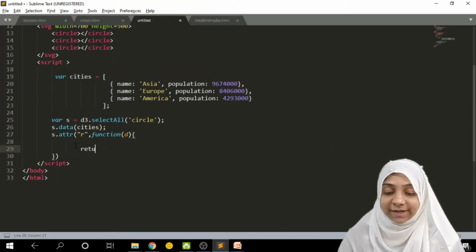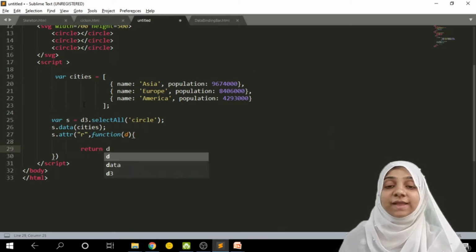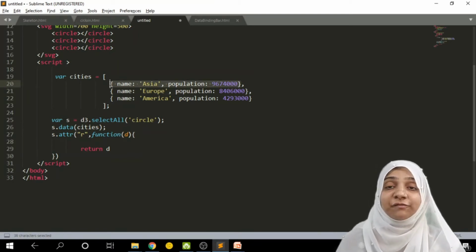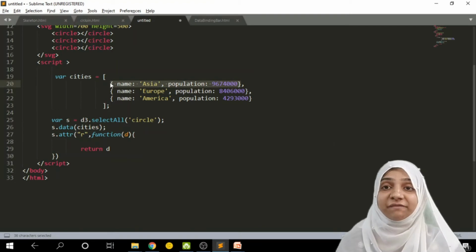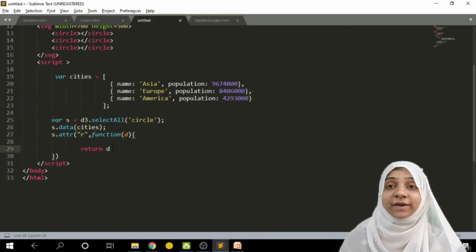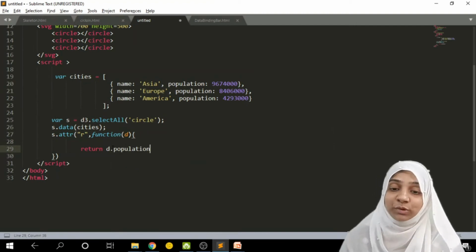Previously we only wrote d, and in that case d is nothing but the first element in the array. Here the first element in the array is not a value, it is an object. So d is an object, and I cannot return d directly. Instead, I must have the radius of a circle equivalent to population. So instead of writing d only, I will write a period and then population.